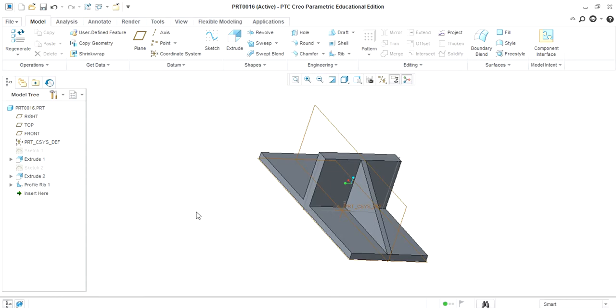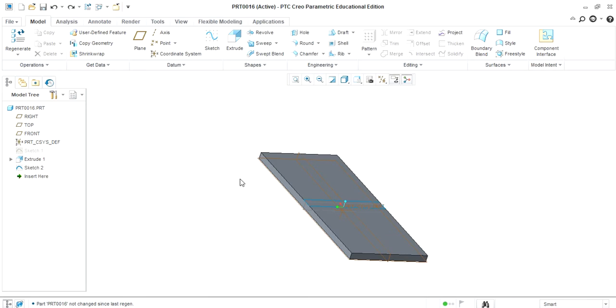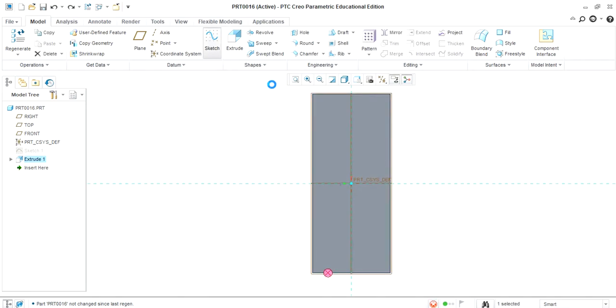Now let us see another example with a circular object. So undo this command. On this plate consider one circle.